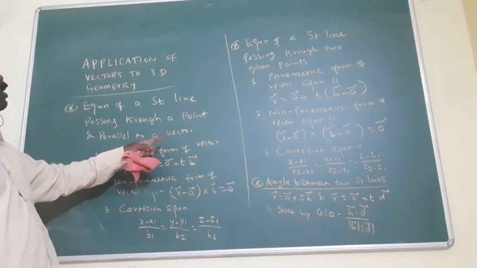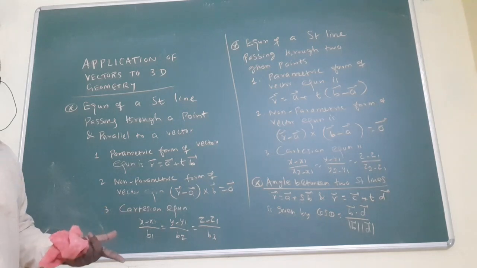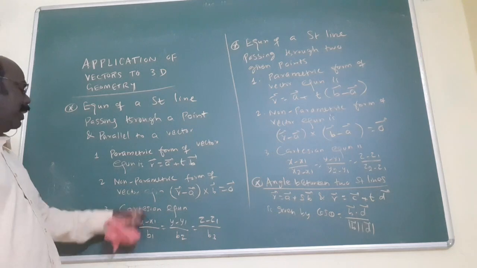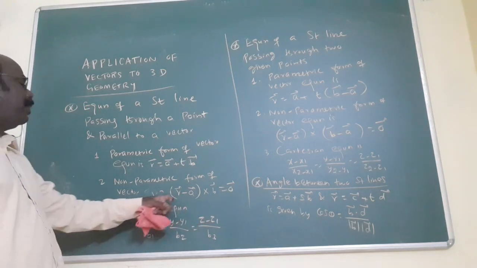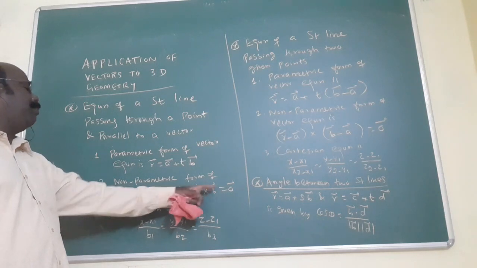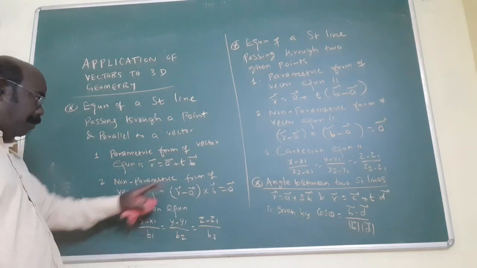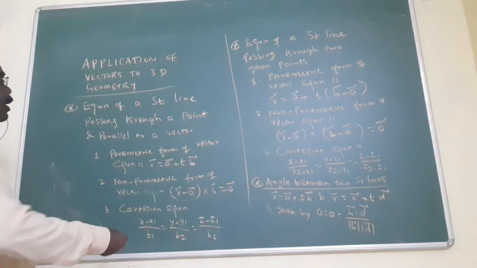This is a point, one point. Suppose it is 1, 2, 3. With b equal to 2i plus 3j plus 4k, 2, 3, 4 is the parallel vector. Substitute. The Cartesian equation involves x, y and z. The vector equation means only R with the vector symbol. The parametric equation means vector and scalar combined will come. Anyway, these three types of equations are very, very important.